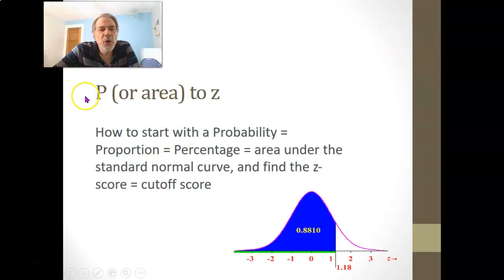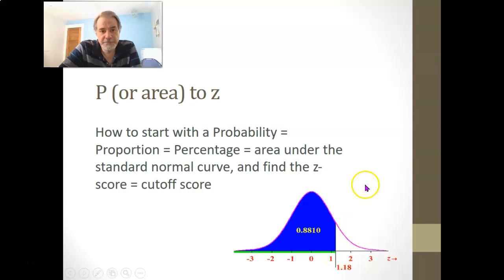I made another video where I talked about how to use the table E, to go from probabilities or percentages or areas to z-scores. And in this video, I'm going to talk about how to do that using technology, like a graphing calculator or something. How to start with a particular area or a particular proportion or percentage or probability and find the z-score